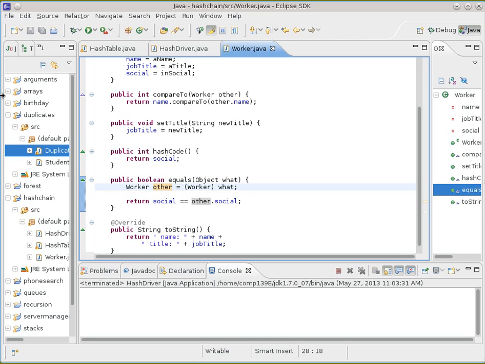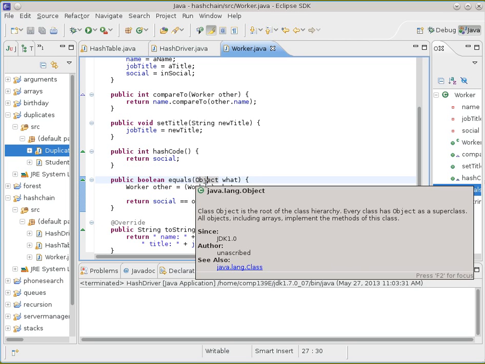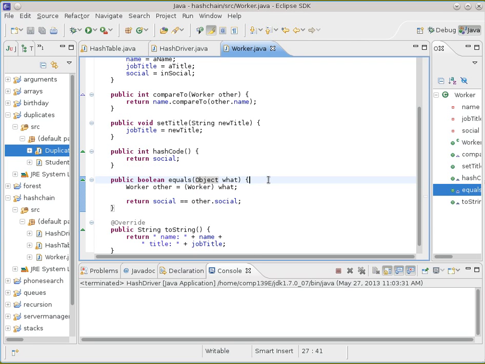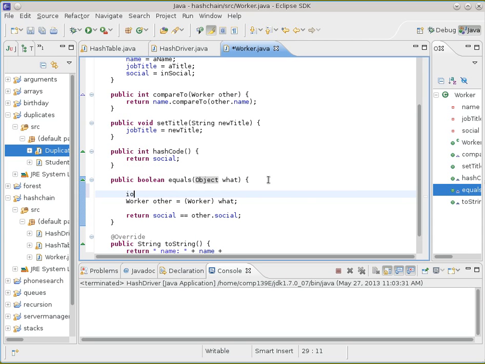I was wondering for your equals signature there, why can't you just say worker right from the beginning instead of passing it over to? Because equals officially allows you to check to see if things that are not workers in this case match a worker. So you can check a cat against a worker to see whether or not they match. And the answer by default is if they're not the same type of thing, they're not a match. And so officially with equals, you're supposed to have an if statement in here that says if